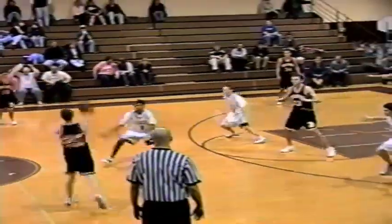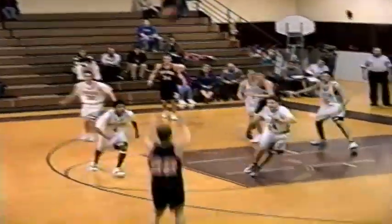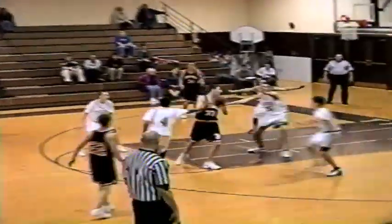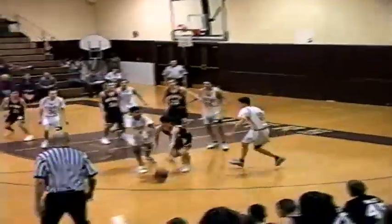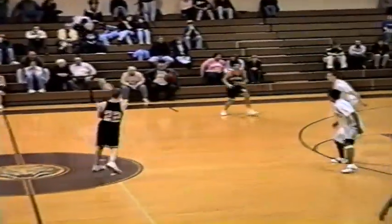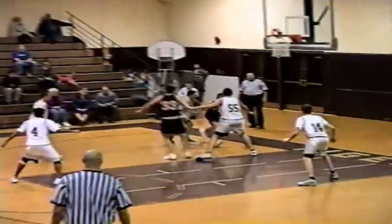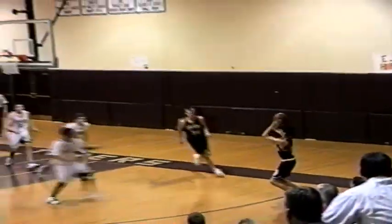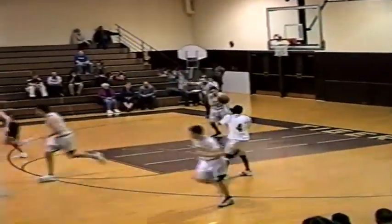Chad Dietrich for UD. Oxidine into the corner there for Wade Whitmer. Comes back over here for Chad Dietrich. Chad inside, he goes to Kessler. Kessler bounces on near wing. Shot from the side by Peters, just a little bit short. Peters gets his own rebound, however. Fires it out front here for Dietrich. They'll swing it around the perimeter. Wade Whitmer on the baseline. Wade taking it over in the near side. Peters for another try. Just a little bit off the mark, and the rebound comes down in there to that